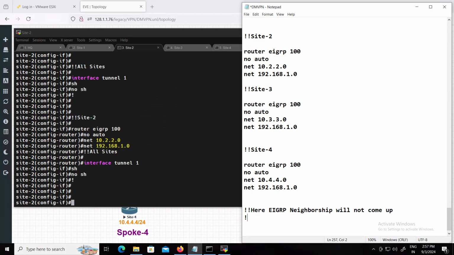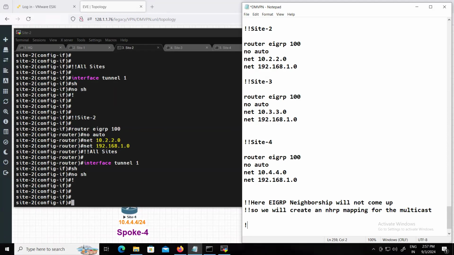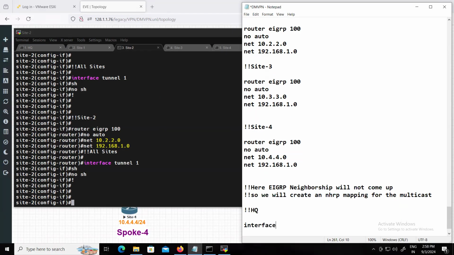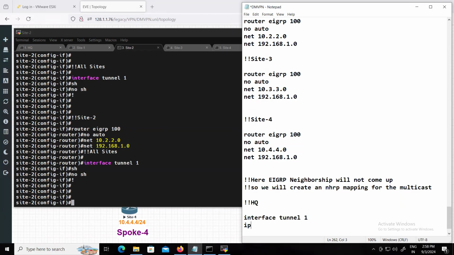Okay. So we will map the multicast address. Or we can say we will create an NHRP mapping for the multicast. Okay. So on the HQ, what have you done? The interface tunnel 1, ip nhrp map multicast